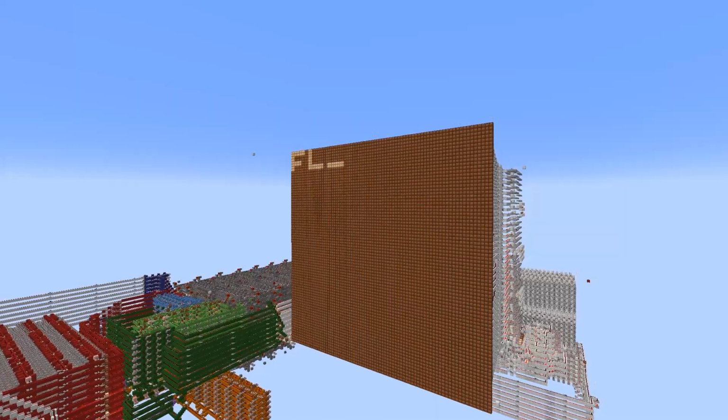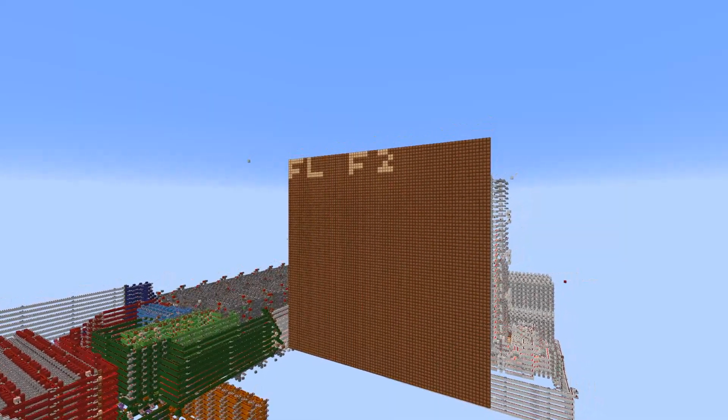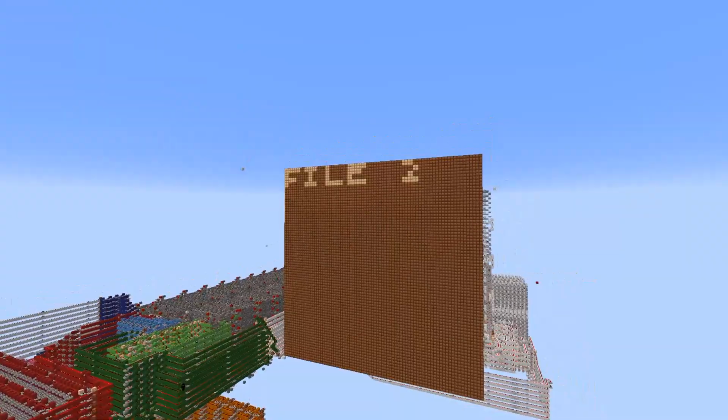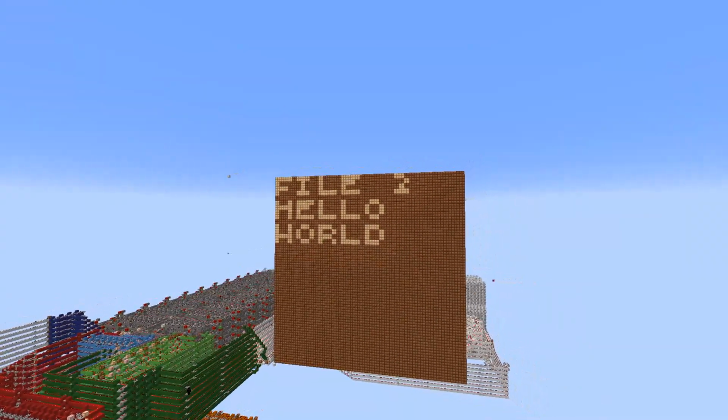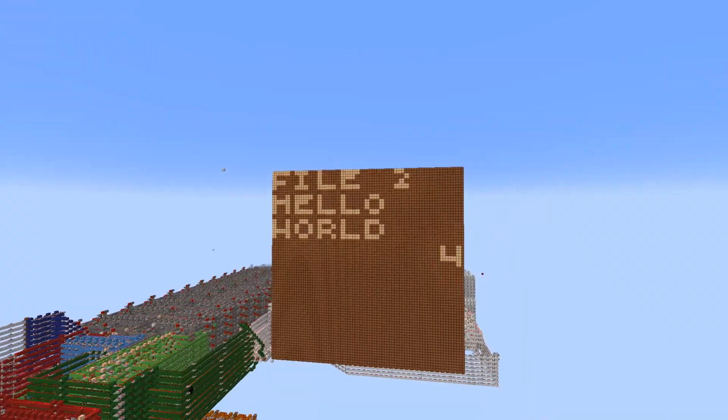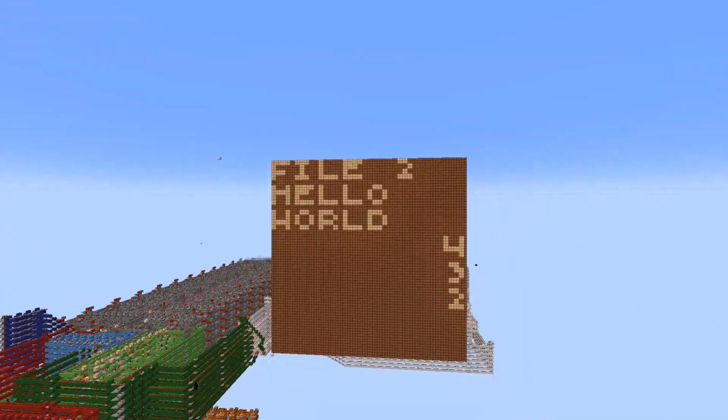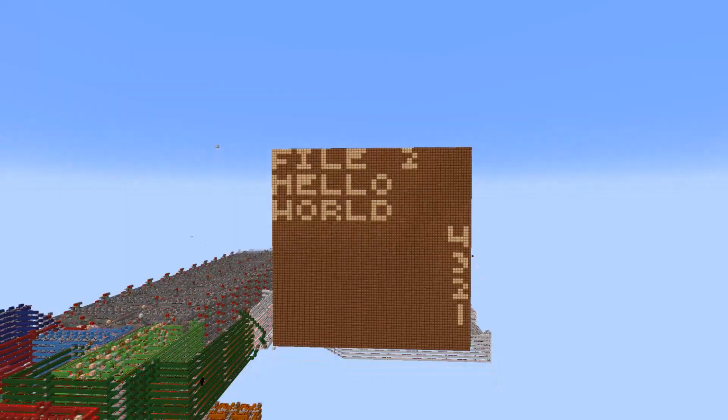Yo, what's up guys, this is my Minecraft operating system, and right now I am opening a file. Right now, each character of the file is being gradually loaded to the screen. We can see that everything is still intact from the last time I wrote to the file. I'm just going to be cleaning it up, getting rid of the characters I typed in during my previous